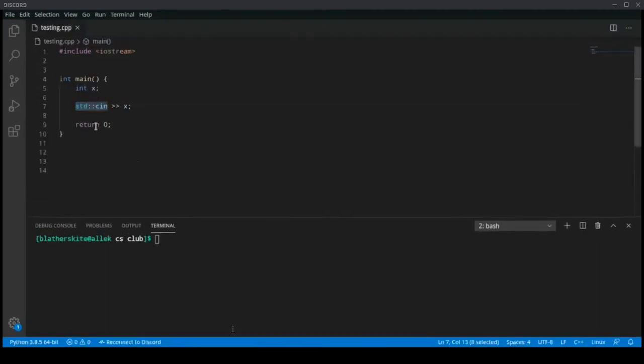I'm using the function std::cin. I don't know if we've talked about this already, but the double colon means that this is part of the standard library. So I'm using the standard input stream and putting that into the variable x. So, whoops, if I run this, it prompts me to give an input, and then nothing happens, which is what you would expect because it's not actually outputting anything. In order to make it output something, I can do